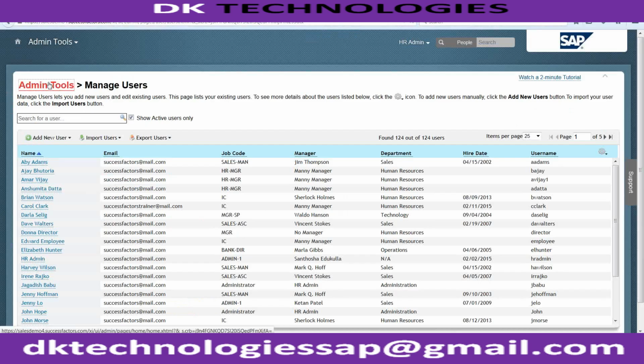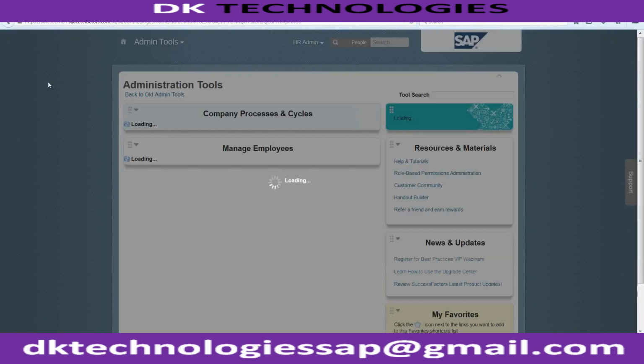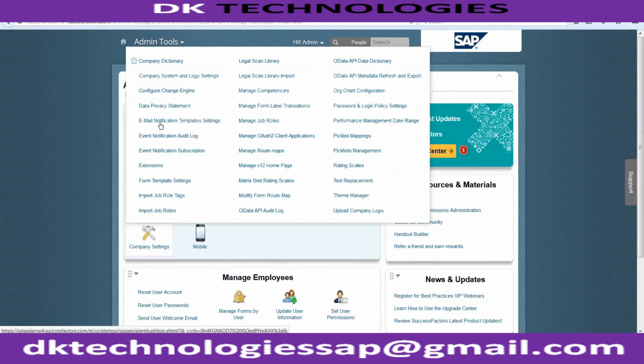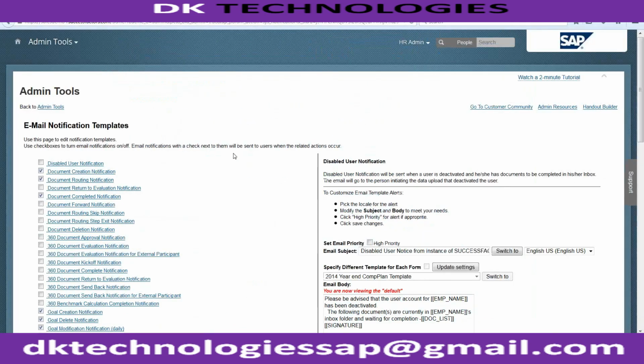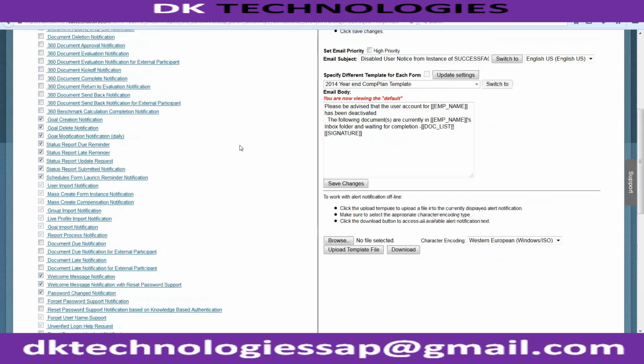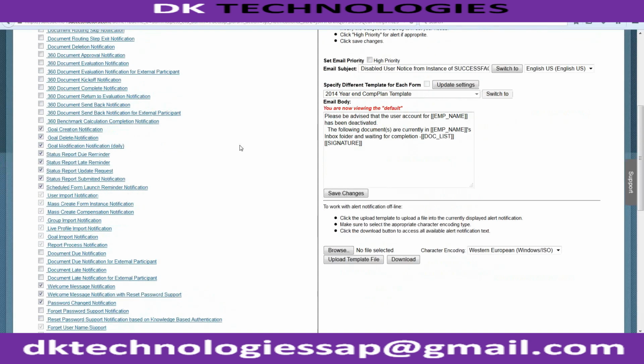So likewise, for all the actions that you take on the employee records in your SuccessFactors system, you have the associated email notification available under the email notification template settings, guys. When you go into the employee center system, you see many other email notifications also, guys. These emails are just associated with your talent management system, guys. And now you know how to activate your email notification and how to configure